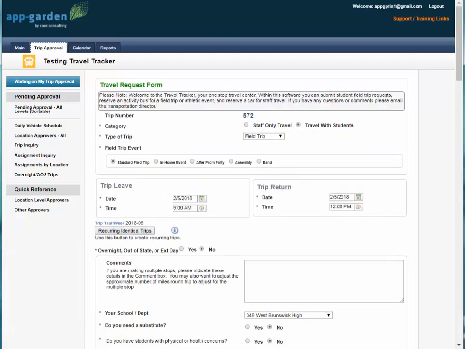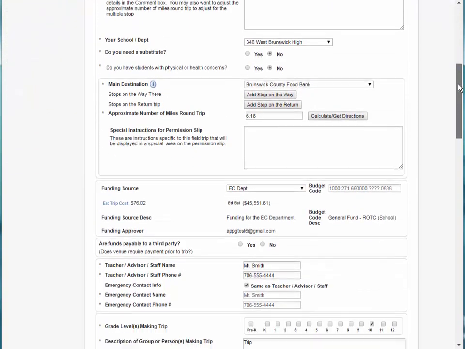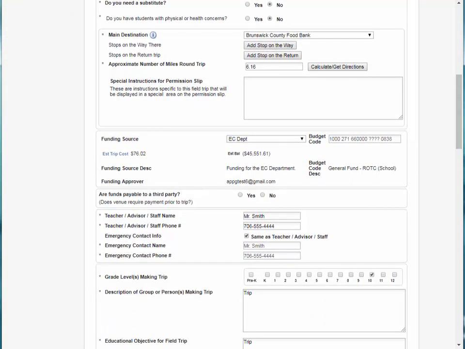We are looking at a trip request signed on as a location approver. Location approvers can make changes to the information in the trip request. Other approvers cannot. As you scroll through the trip request, you will see all the information that was filled in by the trip requester about the trip. You will want to review this information and make sure that it is all correct and acceptable to you before